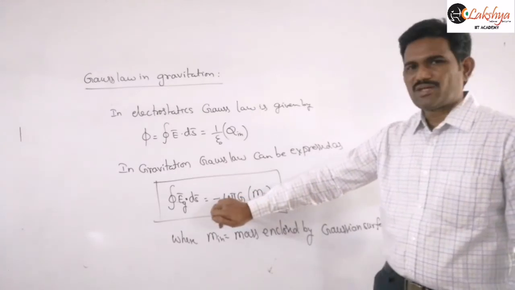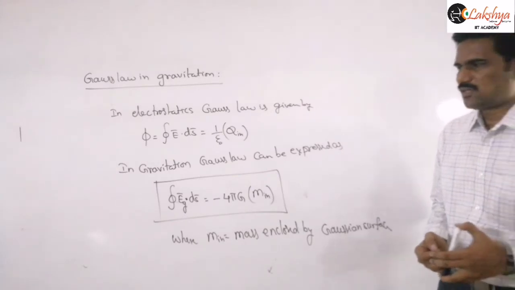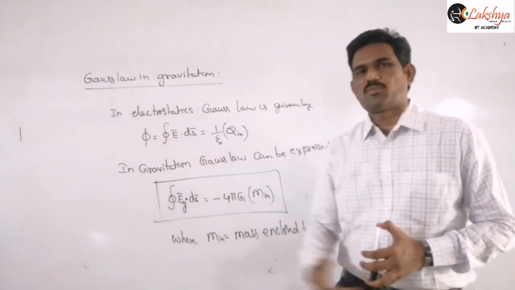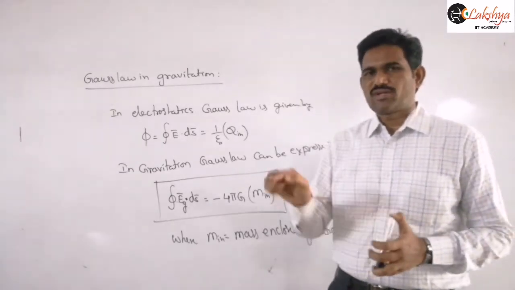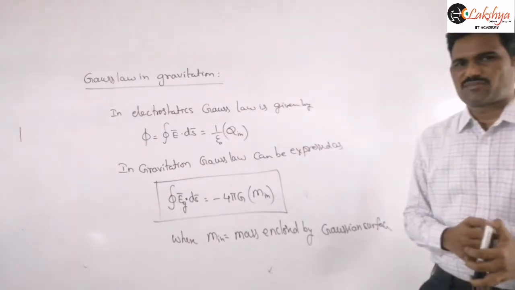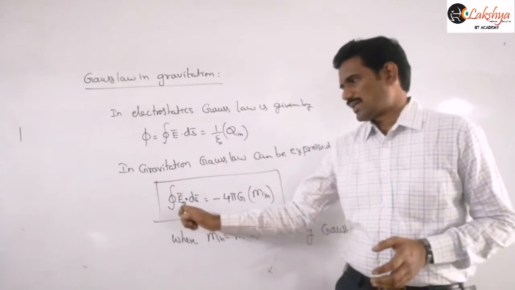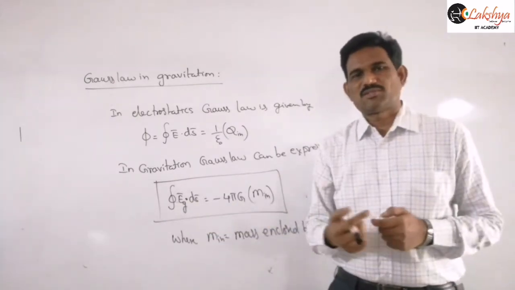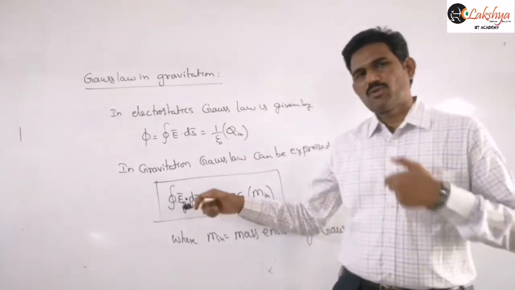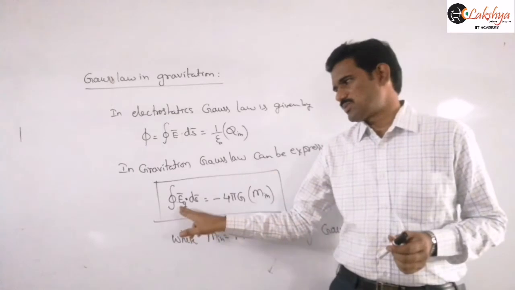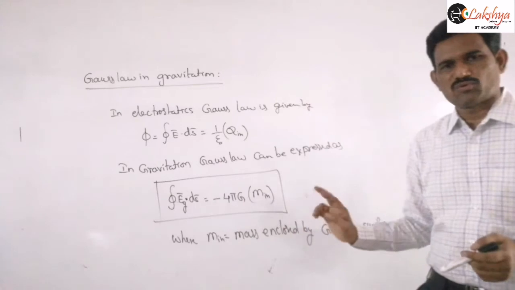And why this negative sign is introduced, you will get clarity when you do the calculation. I can simply explain that the electric field due to a positive charge will be away from the charge, and the area vector will also be outward for a given closed Gaussian surface, right? But if you take the gravitational field, it is always inwards, towards the mass producing that field, while the area vector is outwards. So you get the opposite sign, and then one more negative sign, and this negative sign is cancelled on both sides finally.